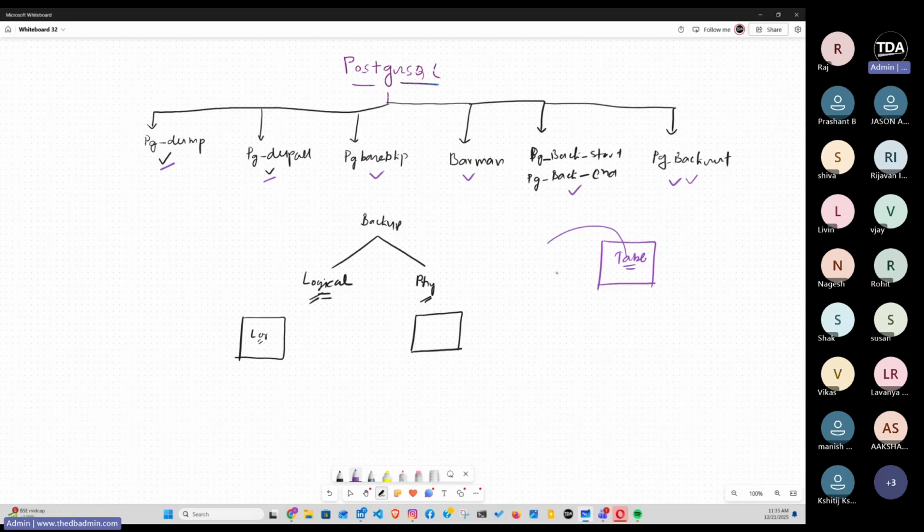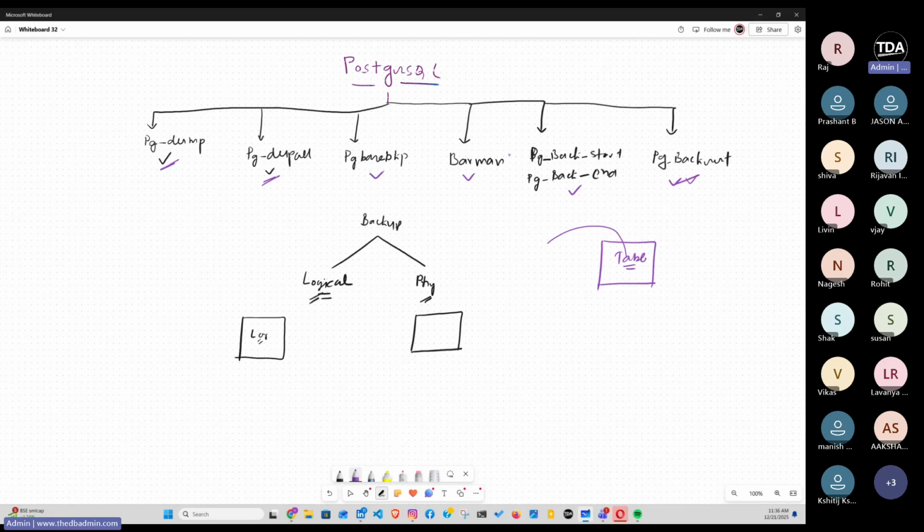pgBackRest is going to be used in Patroni cluster. It is going to be used in our different use cases, and also in pgBackRest we are going to do some automation using Jenkins or using a shell script. So that's why I'm taking pgBackRest, but I will also run pg_dumpall and pg_backrest. The rest I can explain,